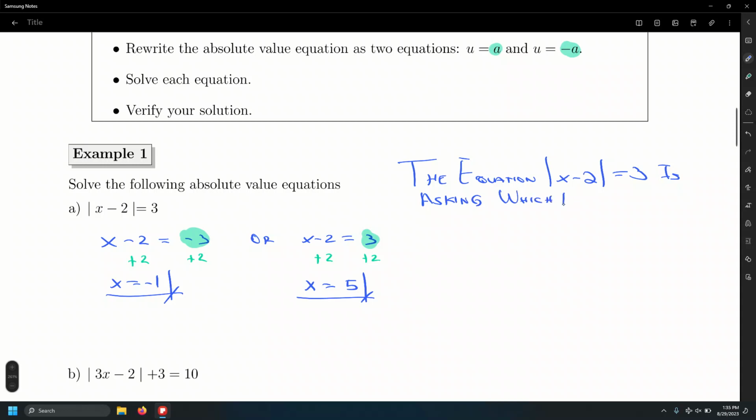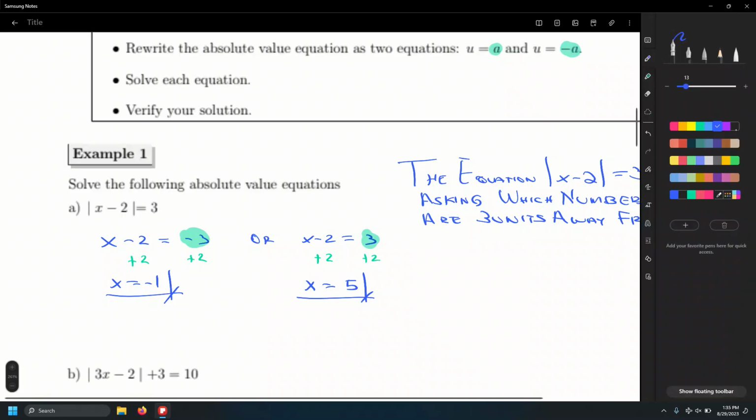which numbers x are 3 units away from, not from 0 this time, but in this case from 2. All right? Be careful, not from -2. The negative is just to subtract that value in order to help us find the difference, which is the distance, right? So if we express this using a number line,